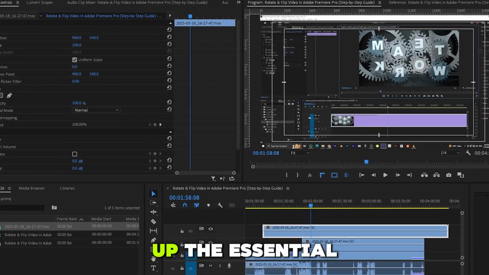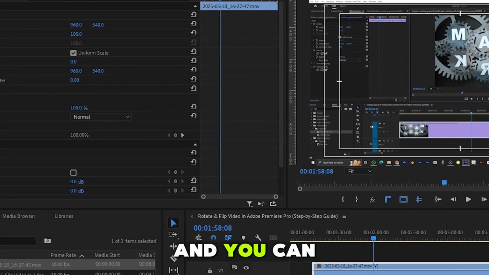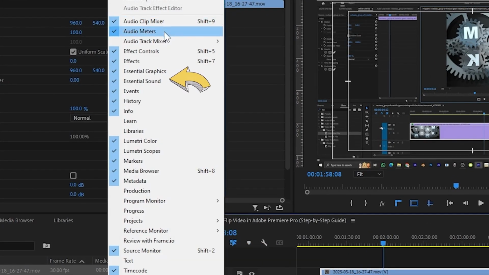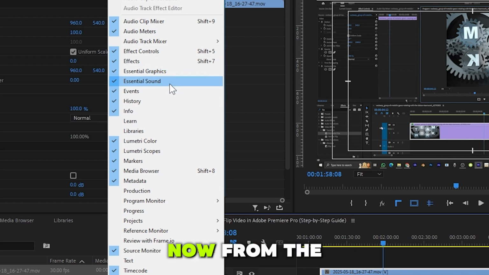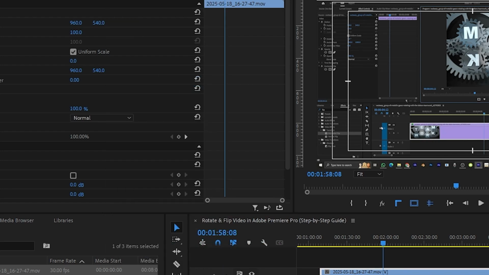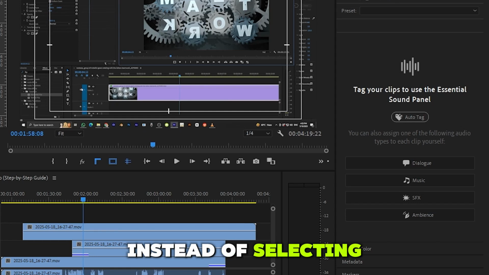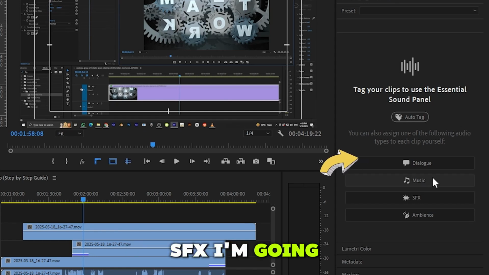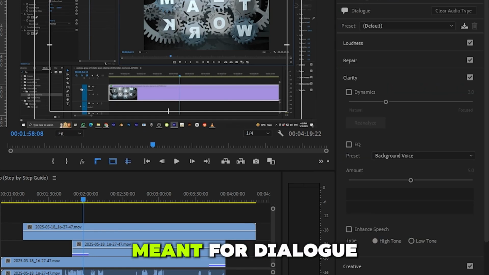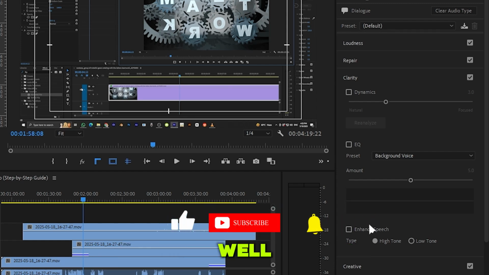Let's first open up the Essential Sound panel, and you can find this in the Window menu. And then, from the Essential Sound panel, instead of selecting SFX, I'm going for Dialogue now. And this is meant for dialogue clips only, but I can find some interesting options here as well, like for